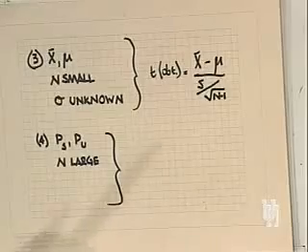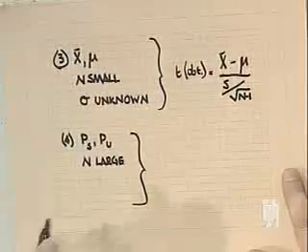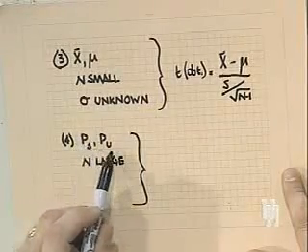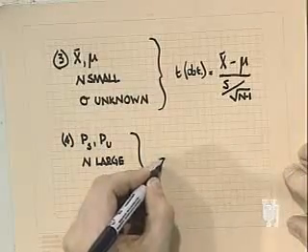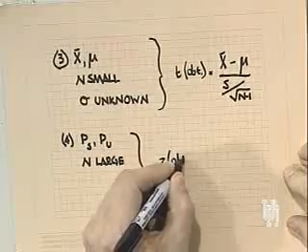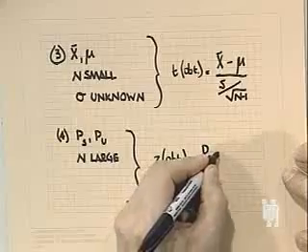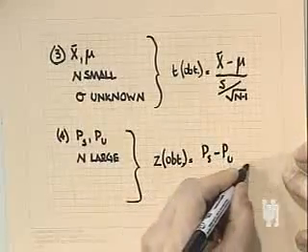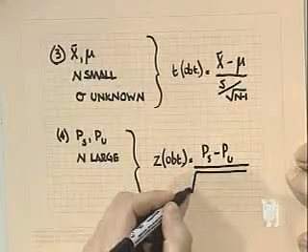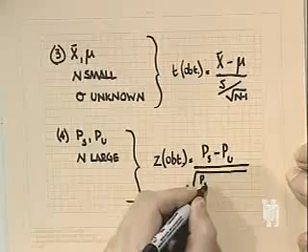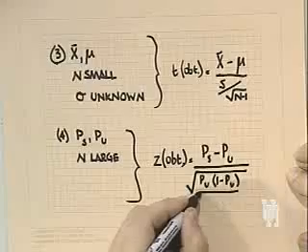Okay. The last situation should again be familiar to you from interval estimation. It's a situation in which you're comparing a sample proportion and a population proportion, and n is large. And here you again conduct a z-test, and the formula for z obtained or z observed is the sample score minus the population score divided by the square root of p subscript u multiplied by 1 minus p subscript u over n,